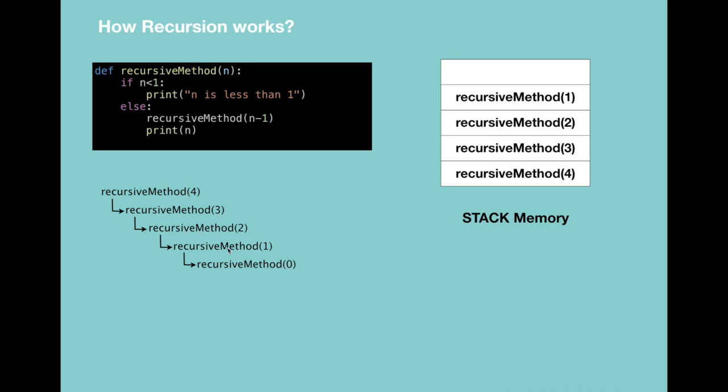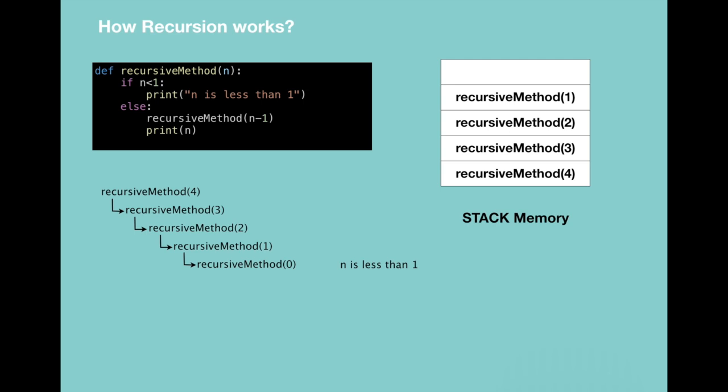So when we call the recursive method with parameter 0, we see that 0 is less than 1, so the print statement is executed, and there is no need for storing the method in stack memory. So to continue the execution, the system refers to the stack memory again. The last method that was pushed to the stack will be the first executed, which is the recursive method with parameter 1